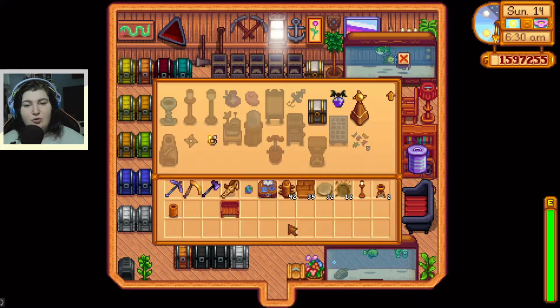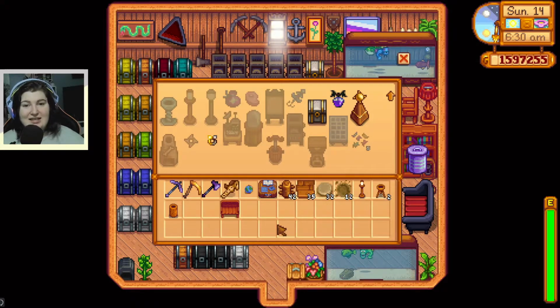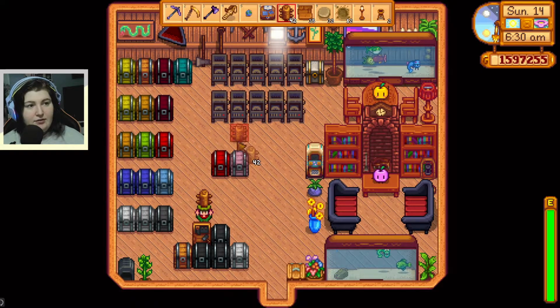But that's another important part, I think, about decorating. If you don't already have the furniture catalogue and you cannot afford to buy it, I genuinely wouldn't try decorating areas if you know you're going to want things like benches and chairs in the area, just because you're not going to have a good wide range of things to choose from. So I have the furniture catalogue here, and if I put it down,